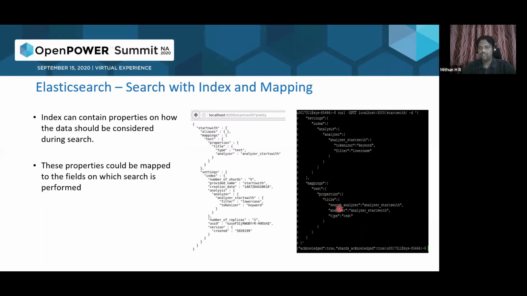And we have mapped this particular analyzer to this particular field so that all the titles will be matched based on this analyzer. So each keyword will be matched, and irrespective of the case, if there is a match, then the result will be displayed in Elasticsearch as well.